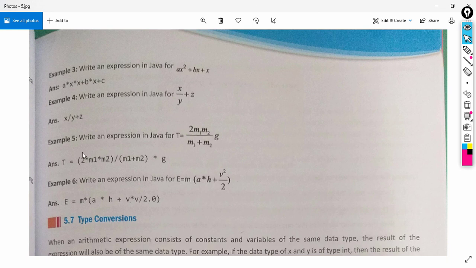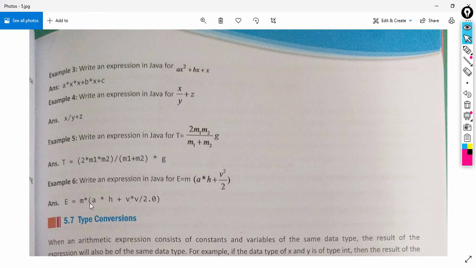So whatever we have written in the brackets will be performed, or we will solve first. Then after that we will do the remaining operations such as the division operation. If you don't understand priority and associativity, you can go to the previous video and watch that video. Then you will understand precedence and associativity.